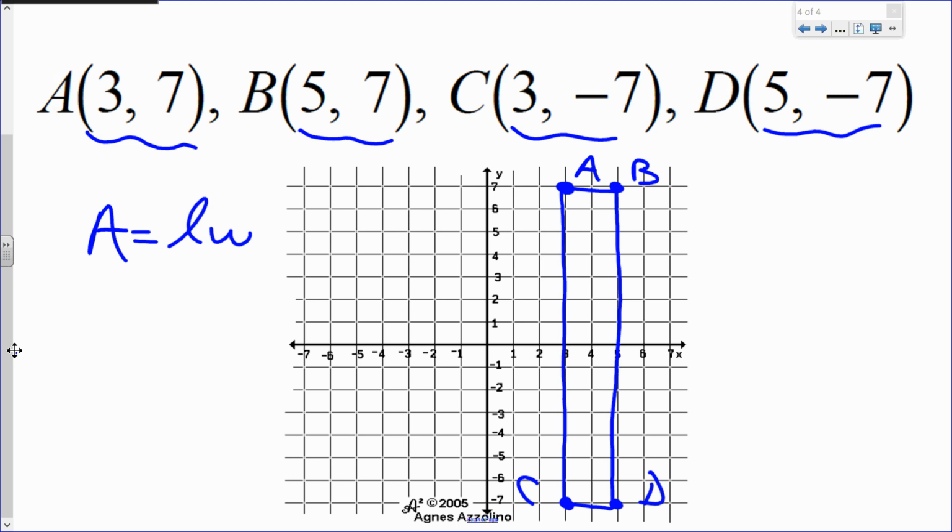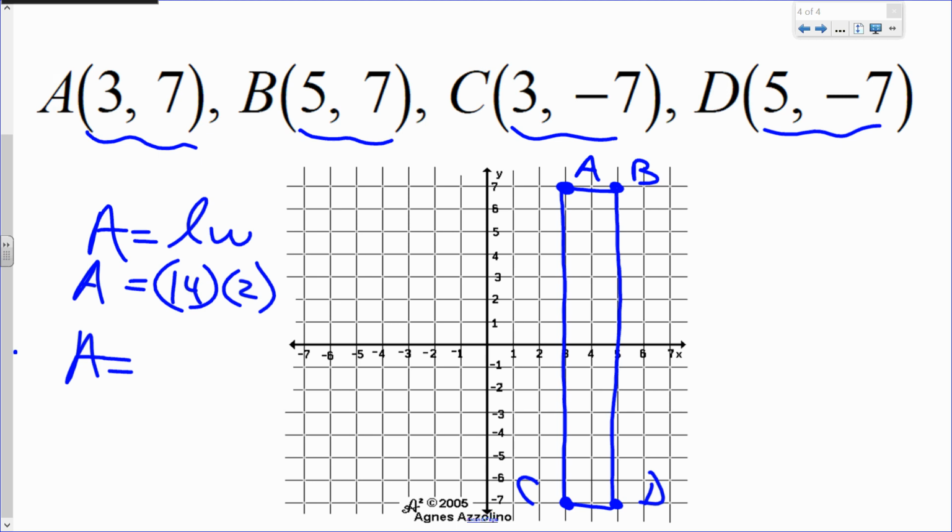Appreciate it. So length times width. The length of a rectangle. Let's see. What would be the length here? What's the length? Nice. Exactly, AC and BD. Let's see. 1, 2, 3, 4, 5, 6, 7, 8, 9, 10, 11, 12, 13, 14. 14 units by... close. The width is 2 units. Now look at 1, 2. Careful there, right? So the area then,